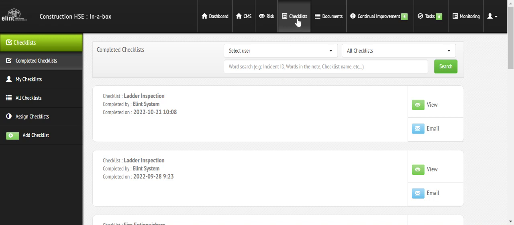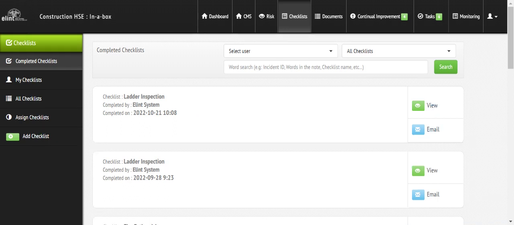When you open your checklist module, you will see the completed checklist first. If you look at the completed checklist, it will give you the actual checklist name. It will tell you who's completed it, and when it was completed last. If you click on the View tab, it will open a PDF and show you what you actually